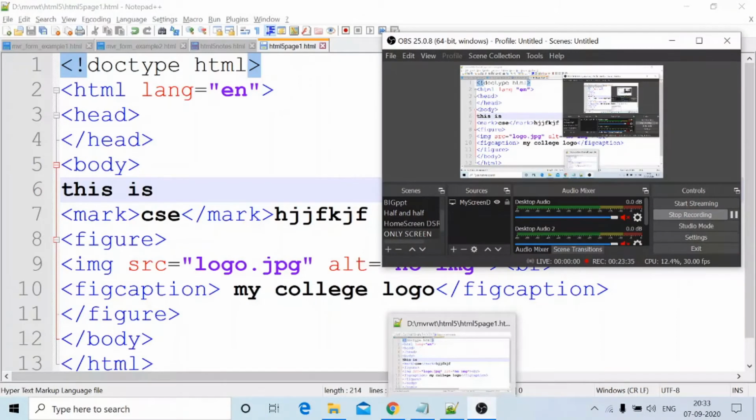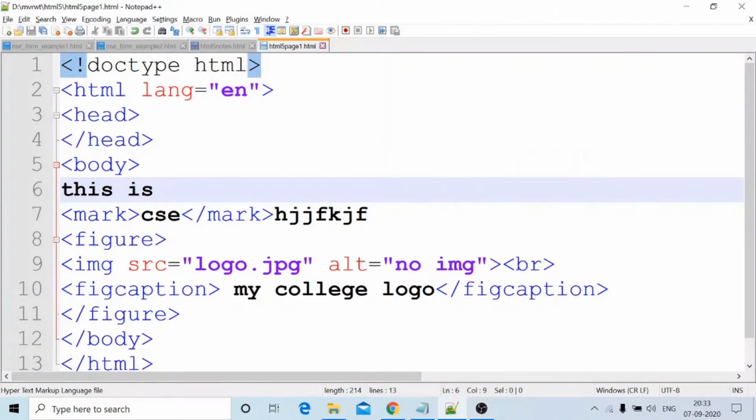In this body I will write mark, slash mark, some matter here. Within the mark I will write CSC. This is how the CSC will be displayed. Mark and slash mark, CSC.